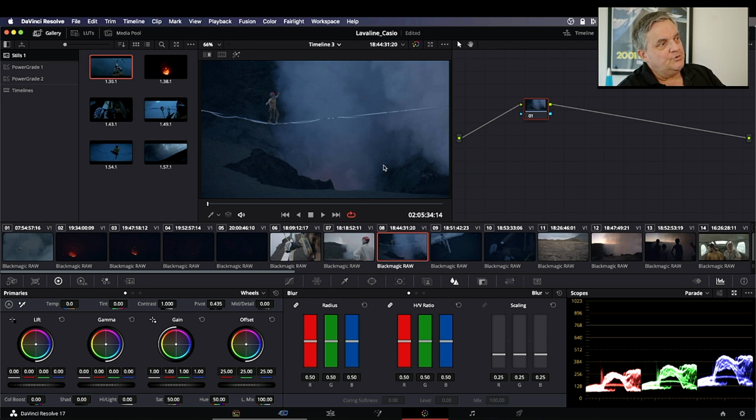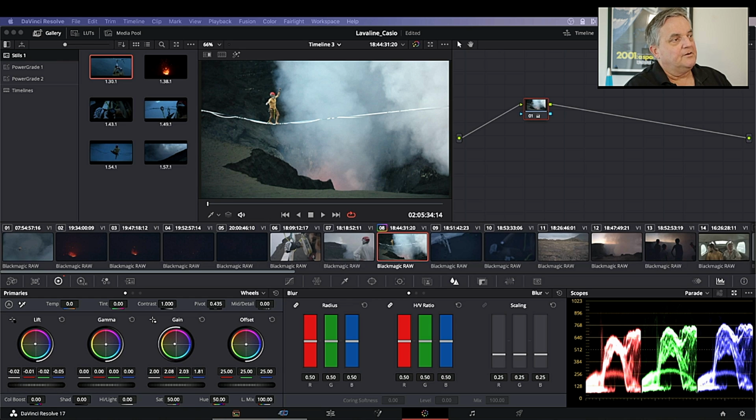Now, I look at the shot, and I want to make a pretty basic correction to start off with. When I start off looking at the Blackmagic RAW file, as you can see, it's very dark and bluish. But what I'm doing then is adding a serial node with a base correction on it. Then I want to add a second node and give it a slight bluish tint. But putting these nodes in sequence allows me to